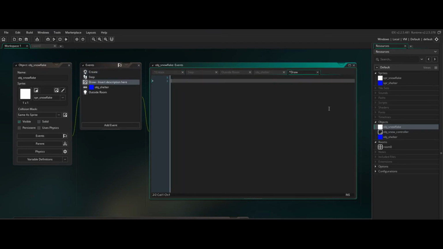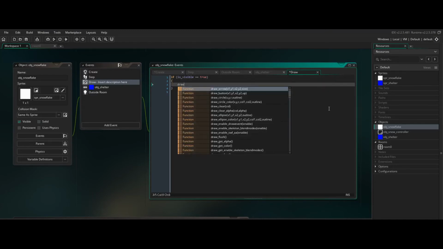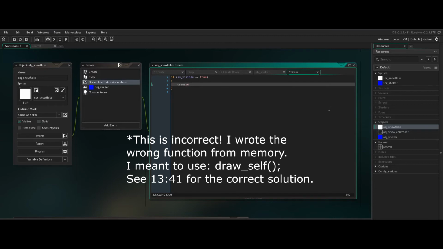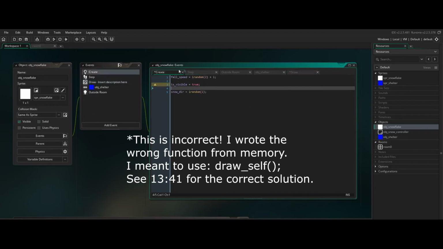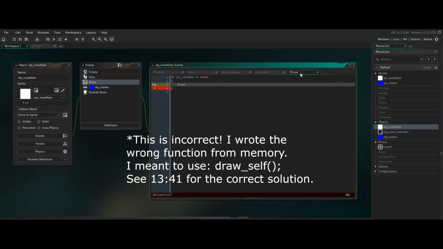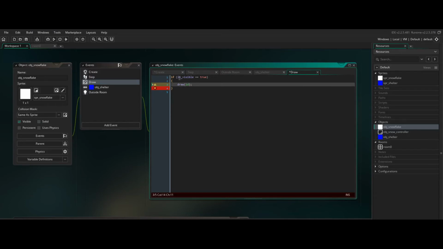And all we're going to do here is, if isVisible is true, draw self. Or rather, let's be consistent with our other code where we were using ID. We'll do draw ID. But that's really just saying, hey, if this variable is set to true, just draw yourself like you normally would. And then else,